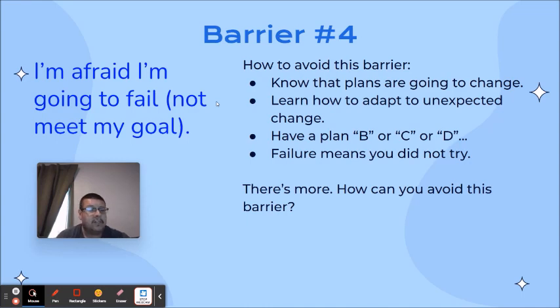Like I said before, there are going to be things that you cannot control, but then you're going to have to deal with them and keep moving on with the goal in mind. What about having a plan B or C or D and so on? If you know that you're not going to meet the goal, then stick with plan A.